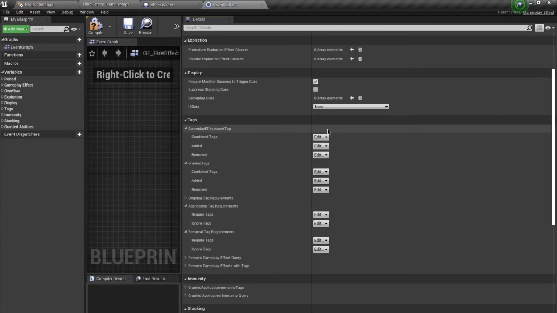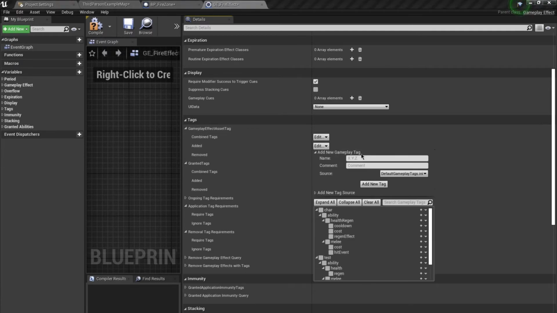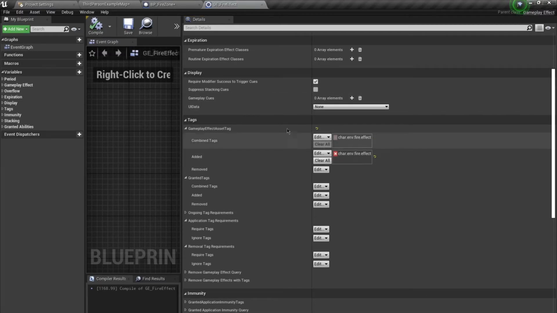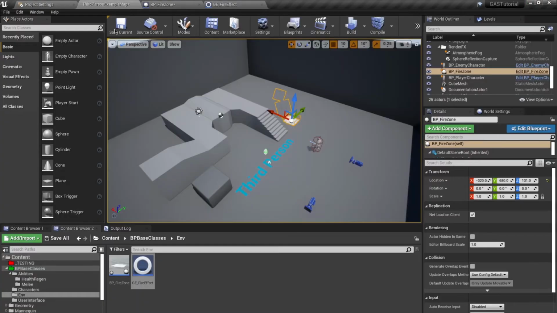Okay, and I'm also going to add a tag for this under the gameplay effect as a tag, and this is going to be character.env for environment and fire.effect. Okay, and I also want to not apply this or cancel this effect when we are doing our health